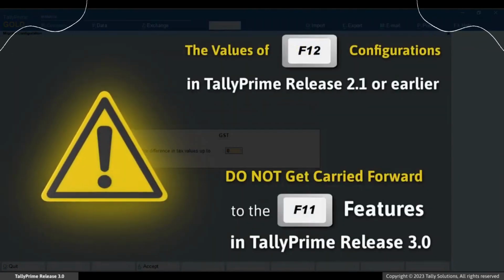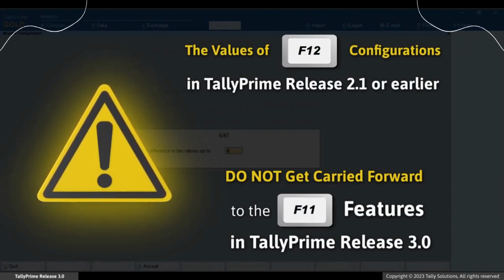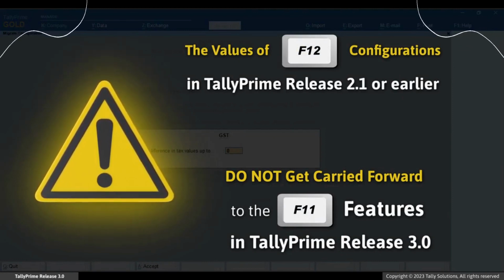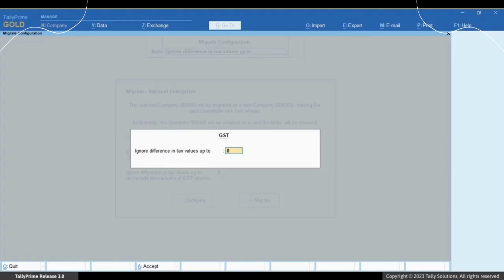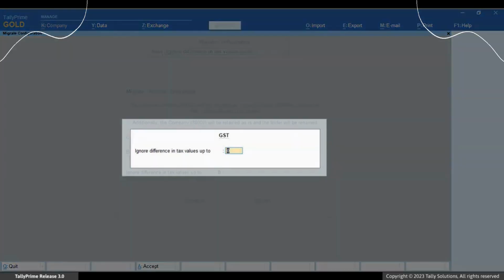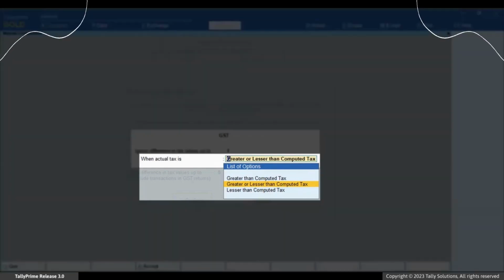The values set under F12 configurations in the old release do not get carried forward to the F11 features of TallyPrime Release 3.0. So, you are prompted to enter the value before migration. Enter the value as per your standard business practices and press Enter. You can choose to ignore the difference in tax values when actual tax is greater than computed tax, lesser than